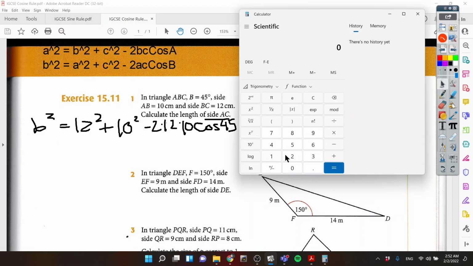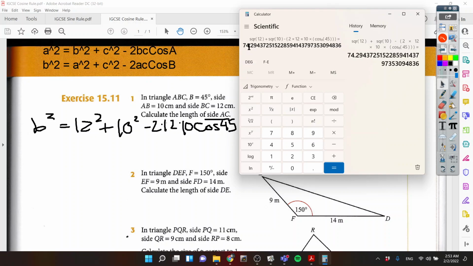And cool, I want 12 squared plus 10 squared minus, and we don't really need to, but I'll put parentheses here. Oh, actually we do need to. Parentheses 2 times 12 times 10 times, I'll put another parentheses to make sure, 45 cosine, and close that parentheses. So 12 squared plus 10 squared minus 2 times 12 times 10 times the cosine of 45, and it says